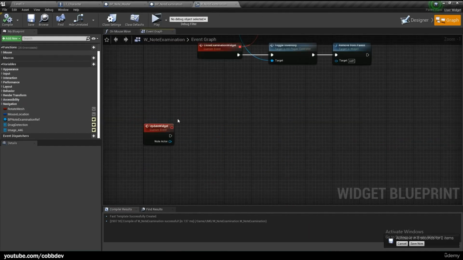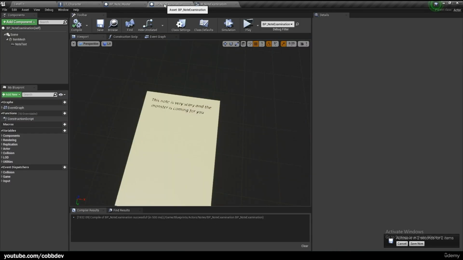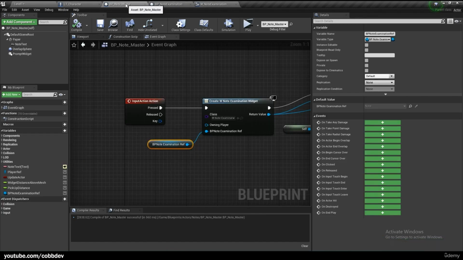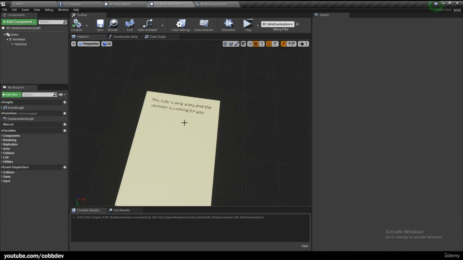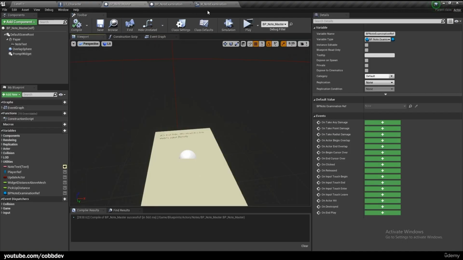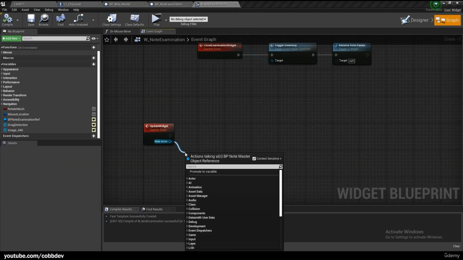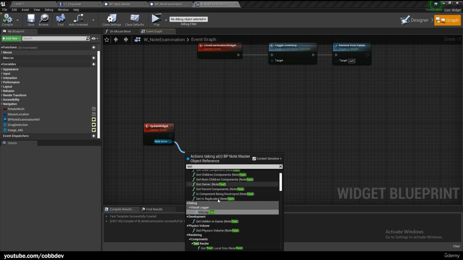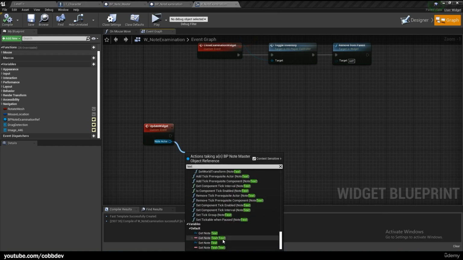Alright, so let's go back to the event graph, and in update widget, all we have to essentially do is update what the text says on our note examination. Because this note master will have a lot of children depending on how many notes you have, each one with different texts. And this note examination just updates the text, so you don't have to constantly replace which note is showing. You just replace the text. So we have this note actor reference, which is a reference to our note master right here. And we can just get the text variable from that. So we can get the note text,